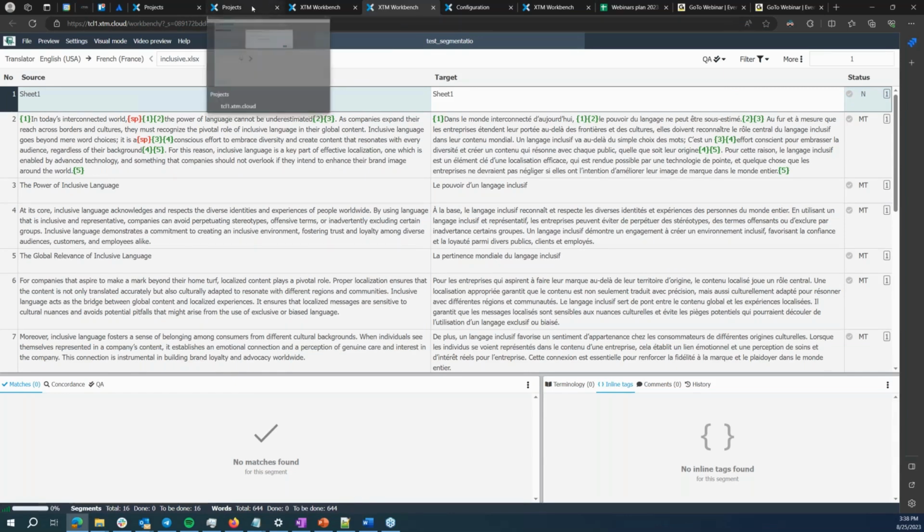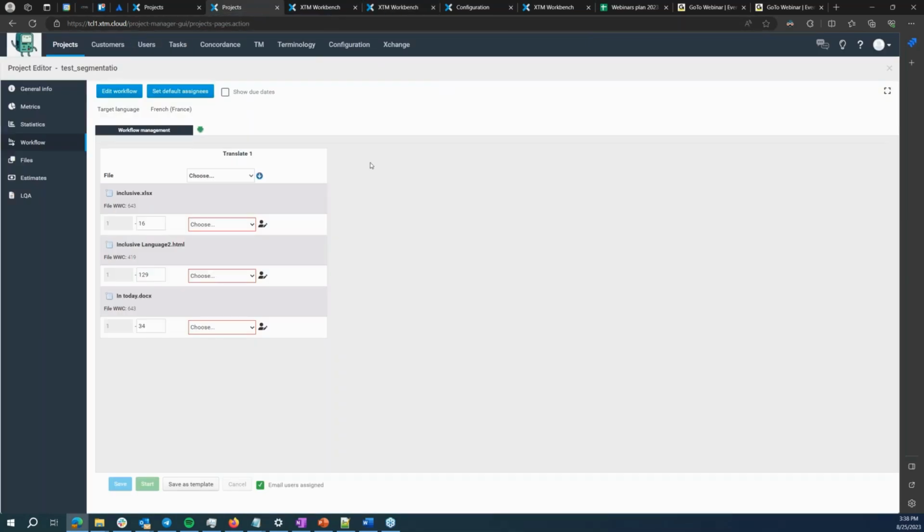This was previously not possible to do in the same project, because the only way I was able to establish different segmentation rules was by source language. So all files within this source language will be segmented in the same way. So yeah, this is the new segmentation rule builder